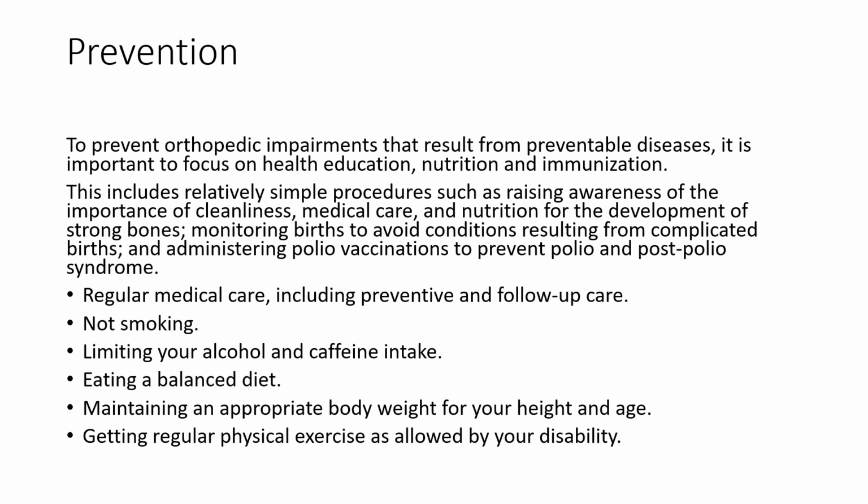This includes relatively simple procedures such as raising awareness of the importance of cleanliness, medical care, and nutrition for the development of strong bones, monitoring birth to avoid conditions resulting from complicated births, and administering polio vaccination to prevent polio